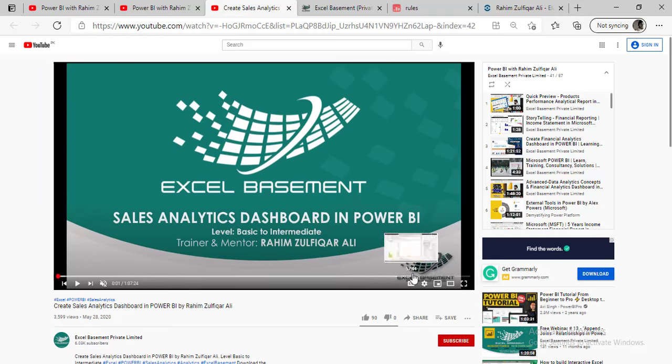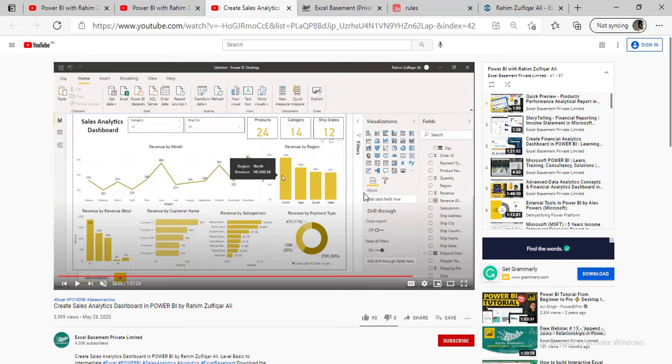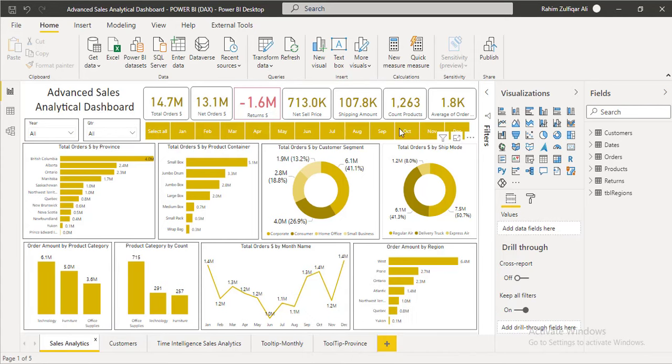If I come to this point, you can see this is the basic to intermediate sales analytical dashboard, where we have not put the advanced level DAX. But this is definitely a necessary thing for a basic user to start with Power BI. In this part 2 video, this is a much improved user interface and dashboard with appropriate visuals, and also the advanced level DAX which I have added here.